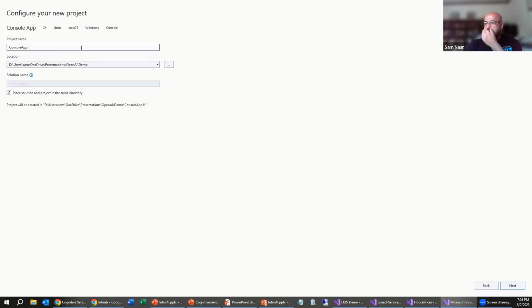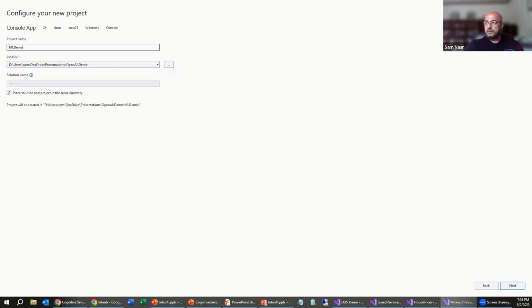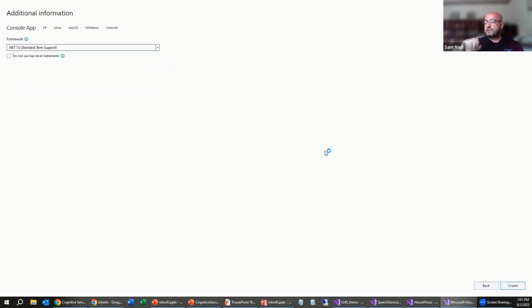And let's call it ML demo. And click next. So this is going to create a very basic console application. We'll give it a second to chug and create the template.